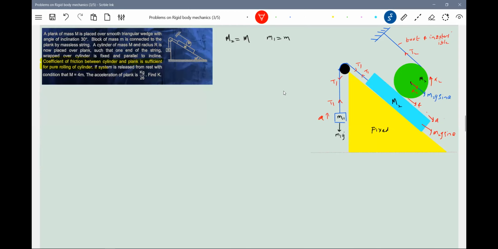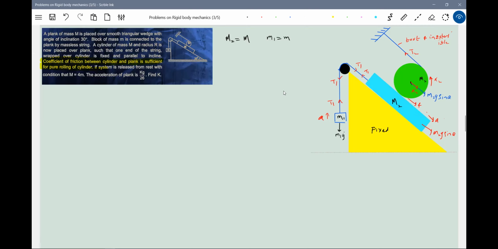Sir, how are you assuming? This is the primary thing for me now. The acceleration of this point on the string is 0. So A2 minus R alpha 2 here; the acceleration of this point should be 0. Then at this point, no slipping will occur. Then A2 plus R alpha 2 should be equal to A. That's an equation at this particular point.